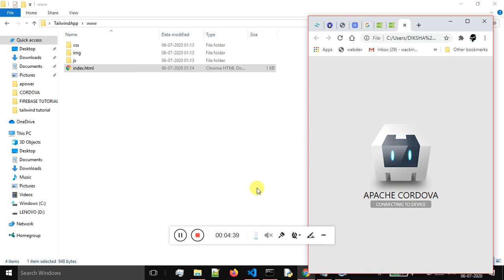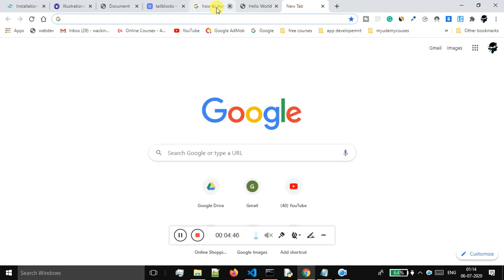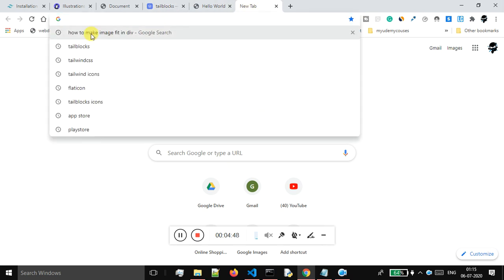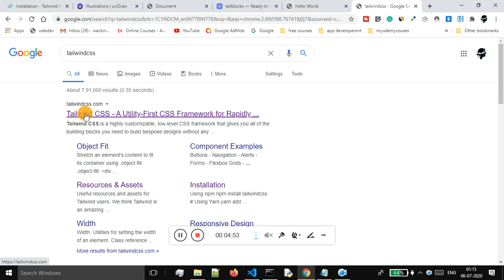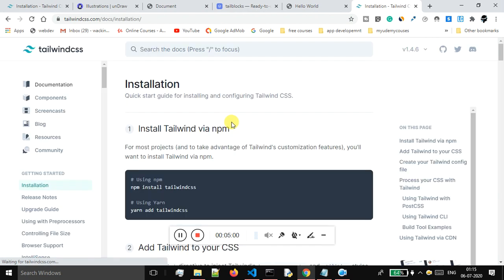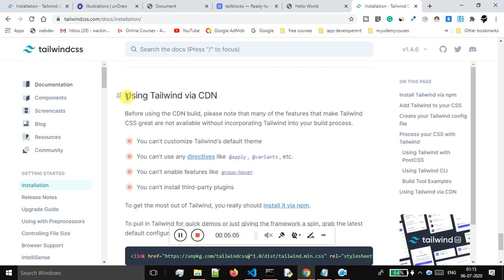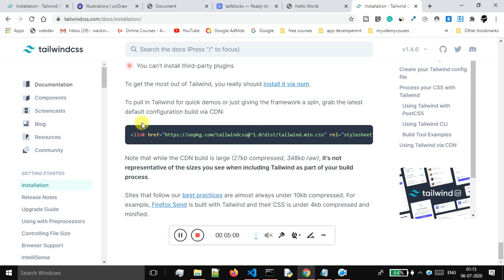Okay, so now you have to integrate your app with Tailwind. Okay, so say Tailwind CSS, and after that you have to come to this tailwindcss.com website, click on get started, just scroll down, and this option that you see, using Tailwind via CDN, is basically at the end of the page. You will get this link. Okay, so you just have to copy this entire link